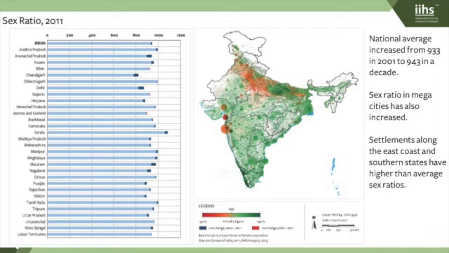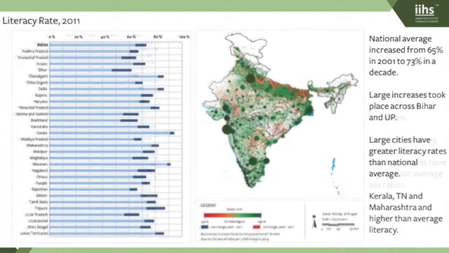Similarly, I think the big story of the last 15 years has been the dramatic increase in literacy since 1995, when we started to push for the SSA. So dramatic increases in literacy. You can see that by these bars here. You can see the mean growth has been quite high. The national average has grown from 65 to 73%. Of course, more in